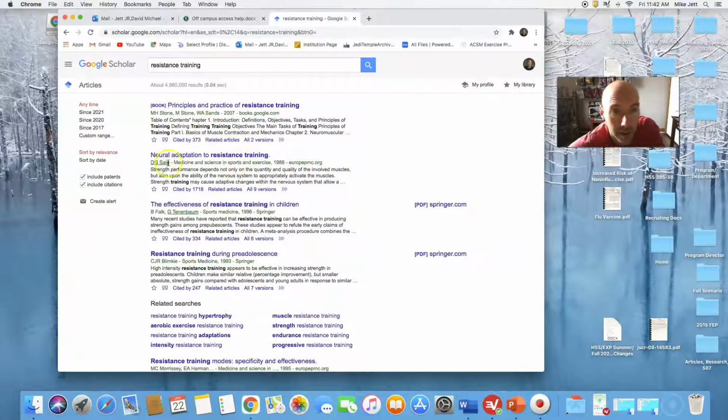But if you notice, the second thing that's listed tells you the author here. This is the title of the article at the top, author, what journal the article is in, and the year, okay? Down here, the next one, again, we have the title. There's multiple authors. It says the journal name, and then we have the year,